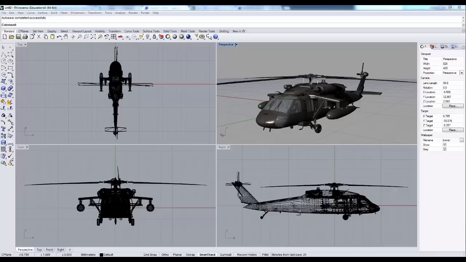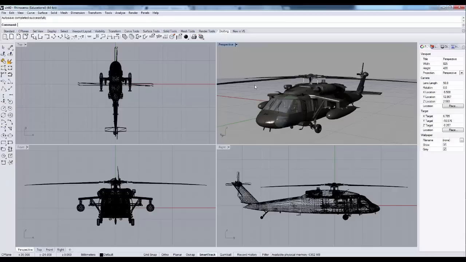Now, the one good thing about Rhino is it opens a lot of different files, mainly because it's not only a 3D platform, but you also have this nifty little tab right here called drafting. Yes, that means you can do drafting in this thing as well. You're not just stuck at one thing or another. So you have the ability to open, and I'm trying to do this all by memory, so forgive me if I forget something. But you can open